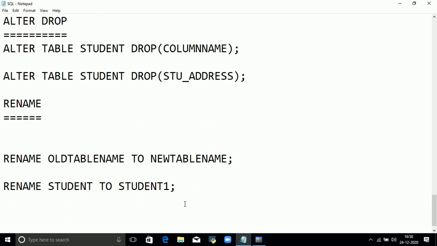The next one is the drop command, a very important command.